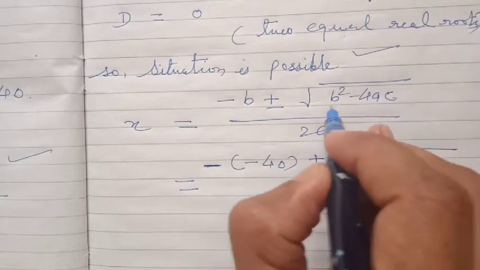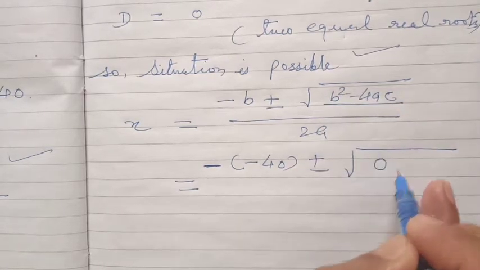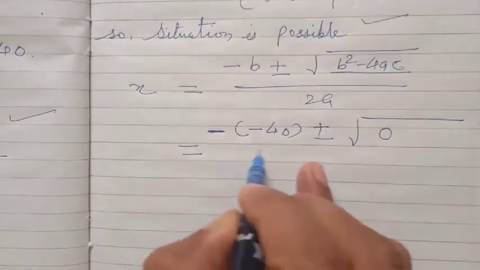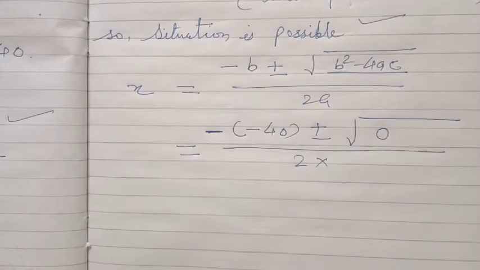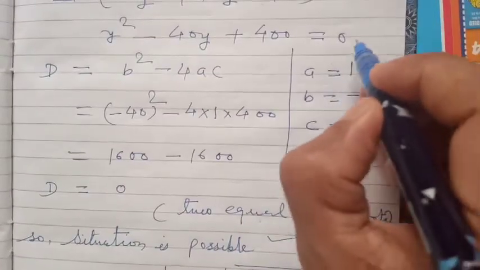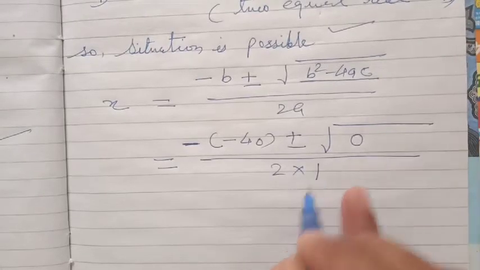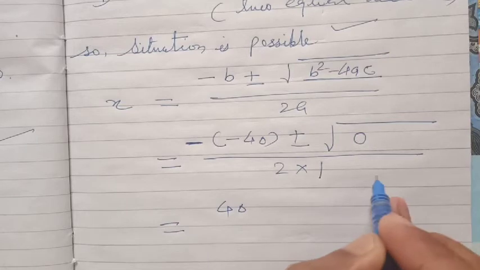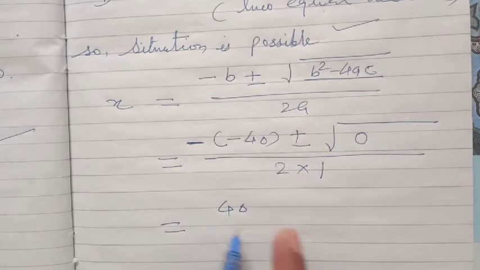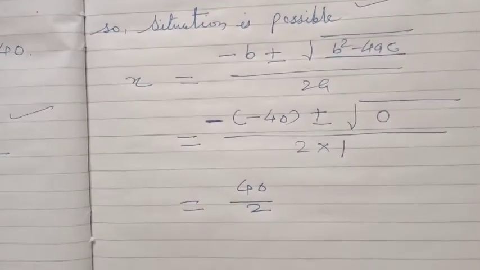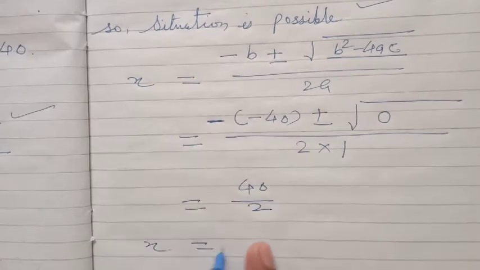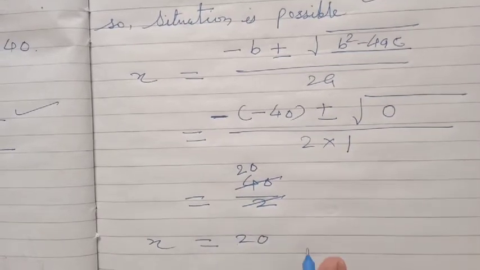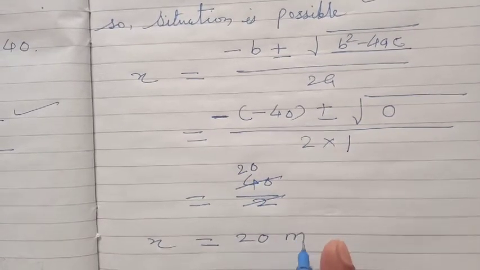No need to write the values of b, a and c like that, we already got the value of b square minus 4ac, and what is it here? D is equal to 0. Okay, upon 2a, the value of a here is 1. Okay, 2 into 1, so minus minus plus 40 plus minus root 0, it means 0, no need to write, upon 2. So x is equal to 2 twos are 4, 2 zeros are 0, what is 20. Now you can write the unit here, 20 meter.